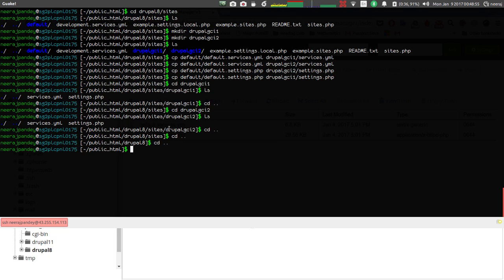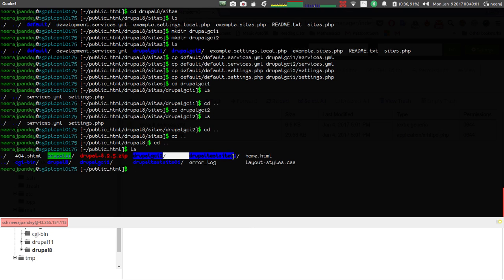First of all you'll see that two subdomains are here, Drupal GCI1 and Drupal GCI2. We'll be linking these two directories by ln -s, where s is for symbolic,